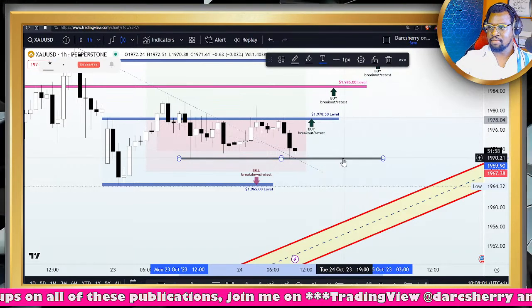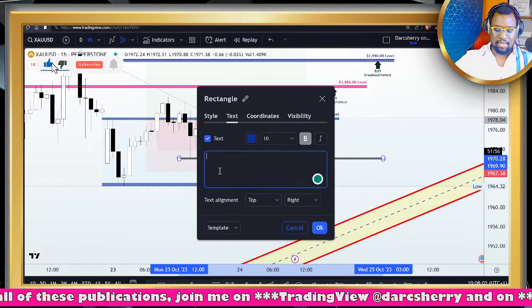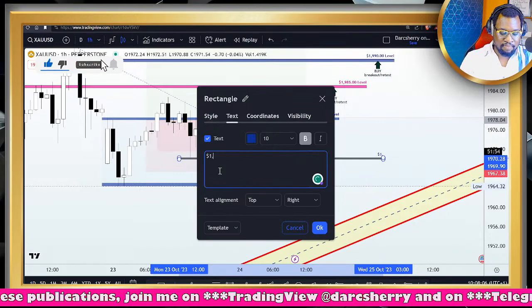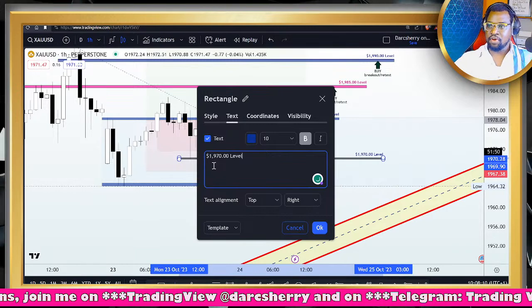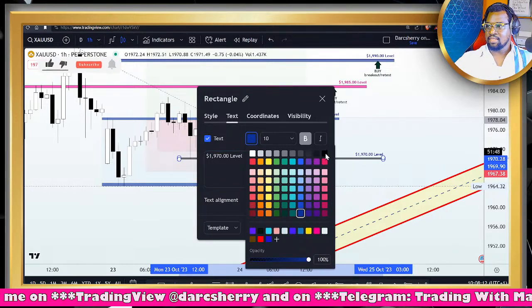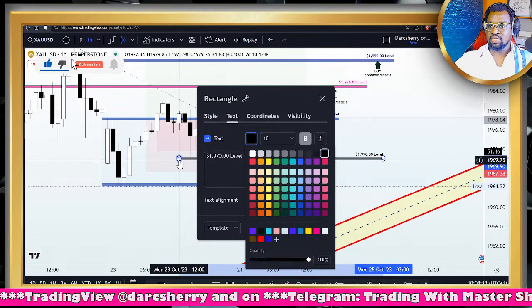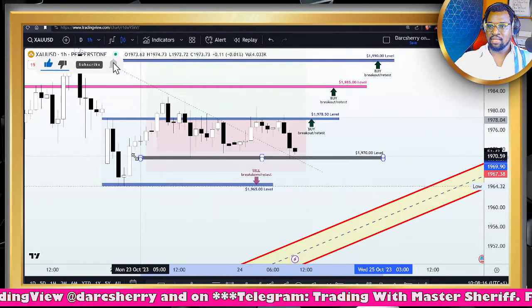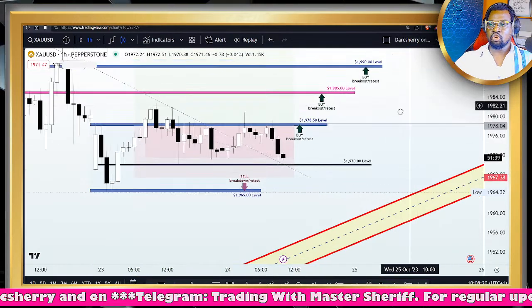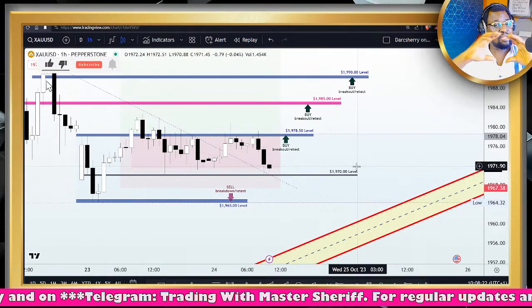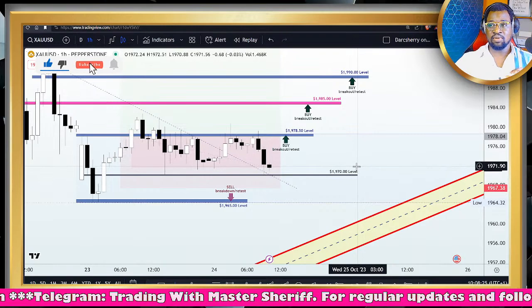Now, let's look at this and mark that level out right here. I will share with you in a moment what I mean, but I just want us to mark this level out. Very, very important, as it has been playing a major role since the beginning of this week. In fact, I want to extend it out to this point. Now, if you look at this structure here closely, it's still within the range. You can see it's still within the range.